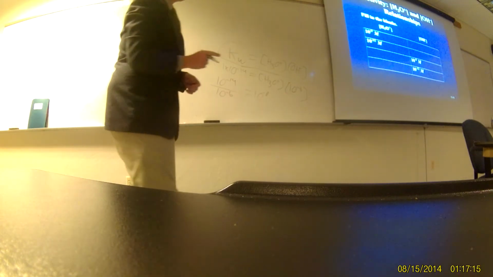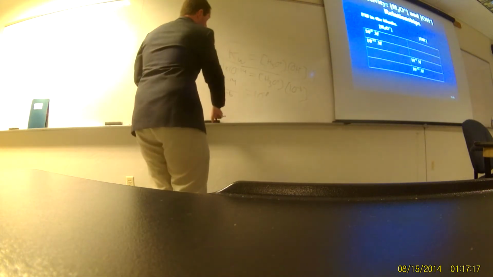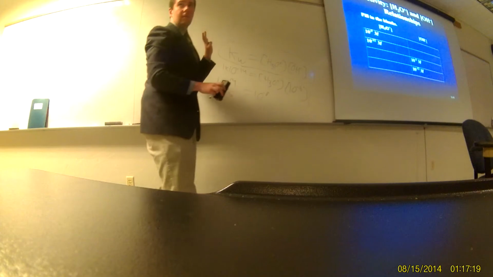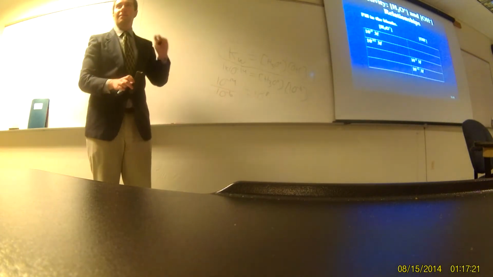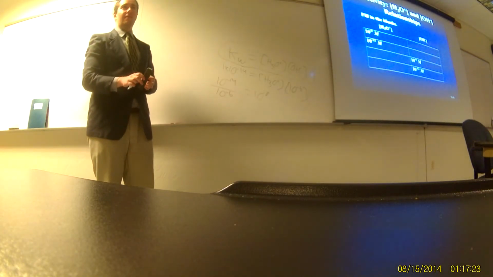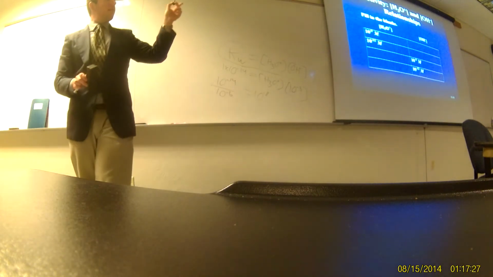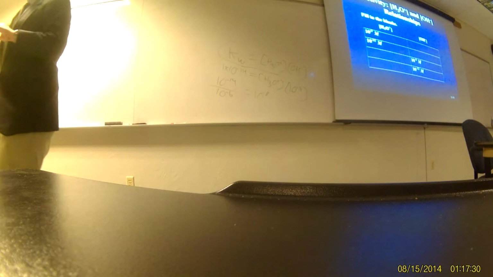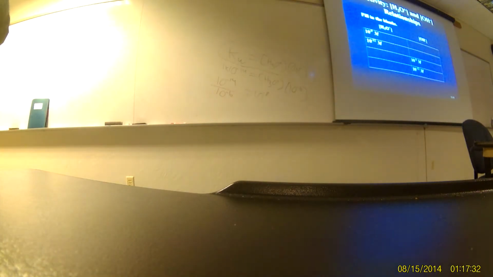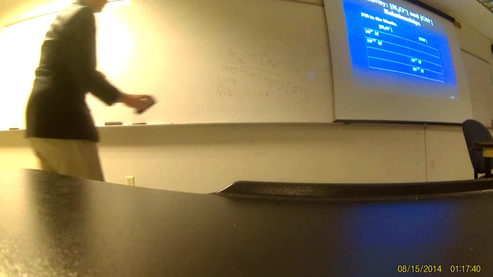So the last row, again, we have negative 12. So if we have 10 to the negative 12, what is the acid going to be? 10 to the negative 2. And so the only thing that changes